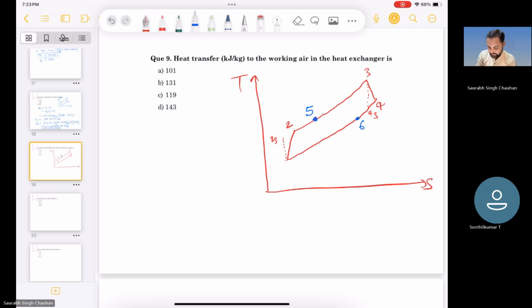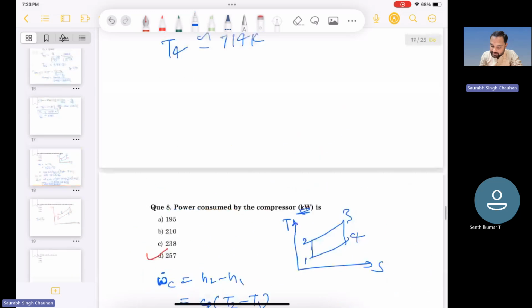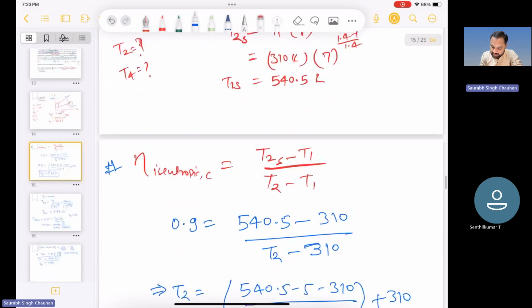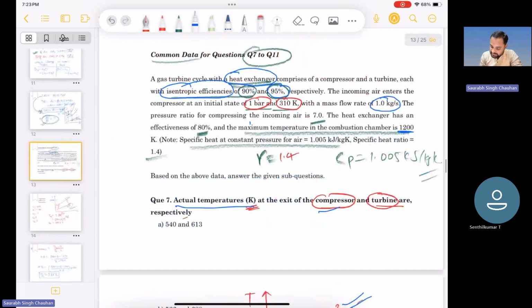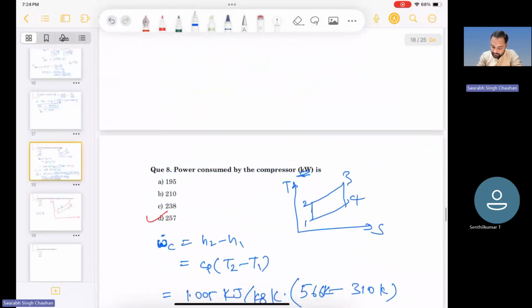Okay, so again T5 will be still less than T4. Because of the heat exchanger, the effectiveness of heat exchanger is not 100%. Effectiveness of heat exchanger is 80%. Okay, so what I mean by effectiveness